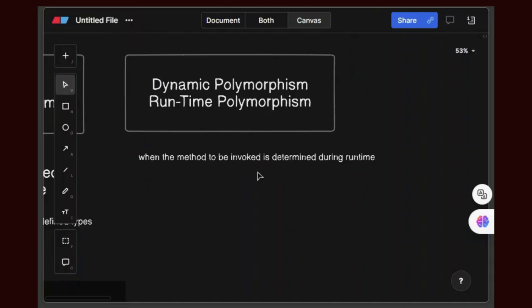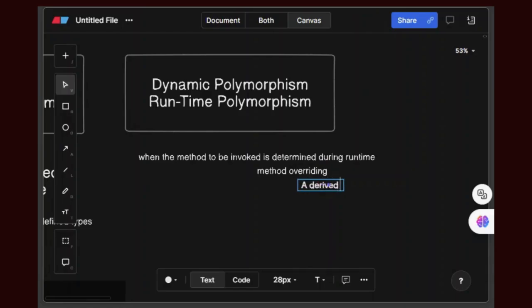Method overloading. Not method overloading, it is method overriding. Method overloading is the case of static polymorphism, but right now we are talking about dynamic polymorphism. Overriding is the case where a derived class provides a specific implementation of a method that is already defined in its base class. So what does it mean?